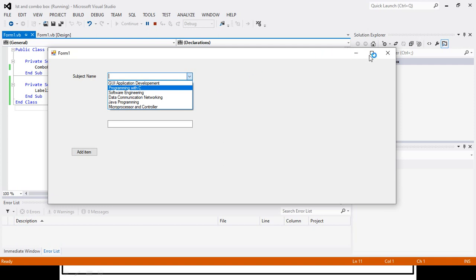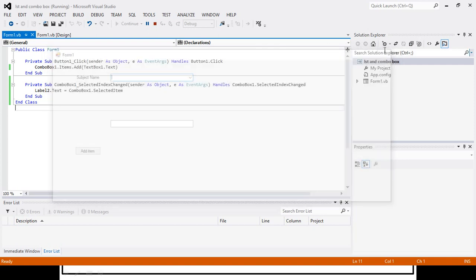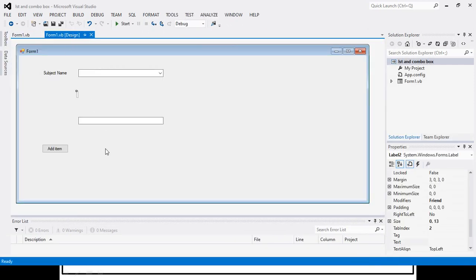Now here we are having another work that I can do: sort the elements of the combo box. For that I will take one more button and will label it as sort element.